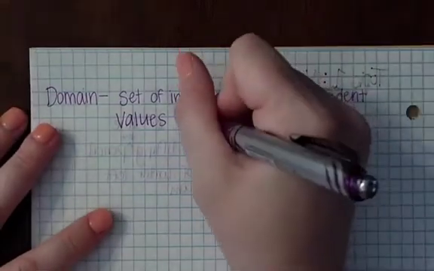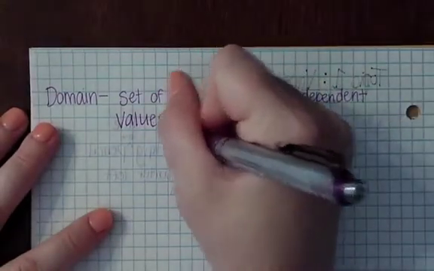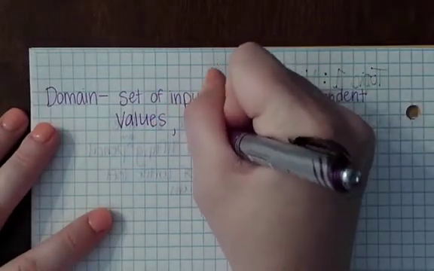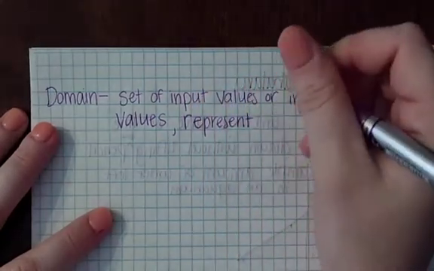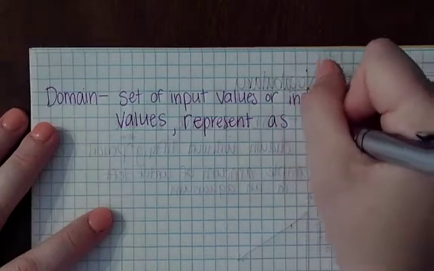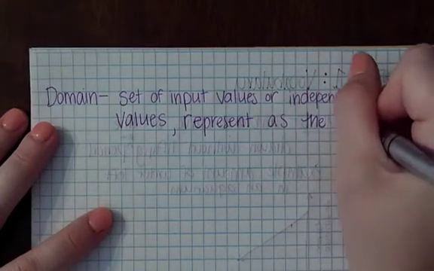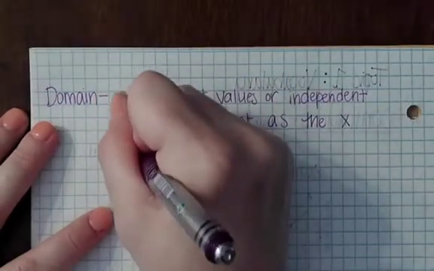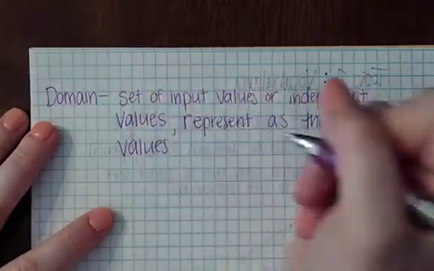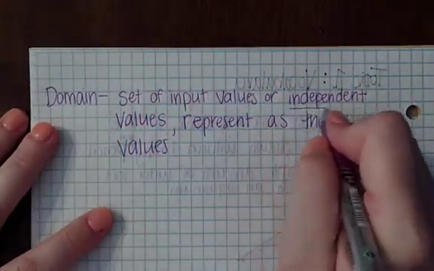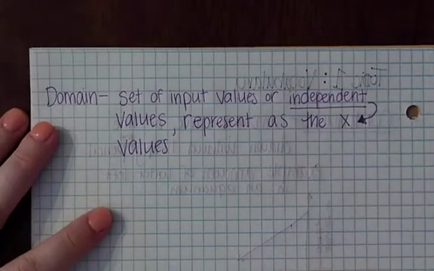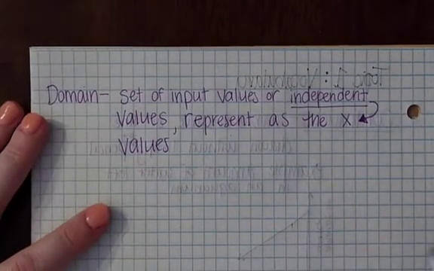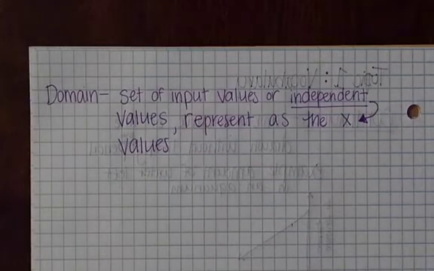Okay, and we typically represent it as the X values. So remember, independent is X. Okay. Then we have